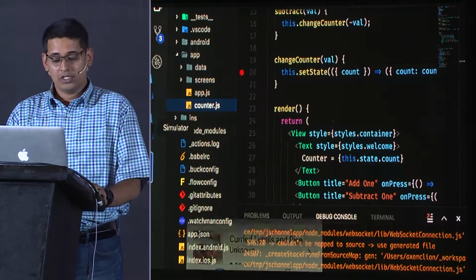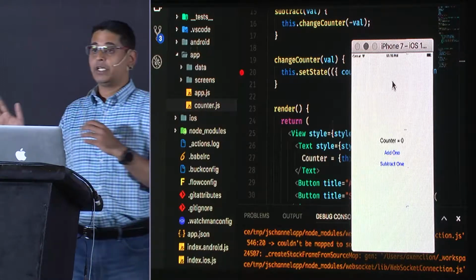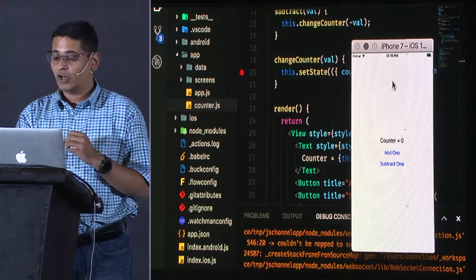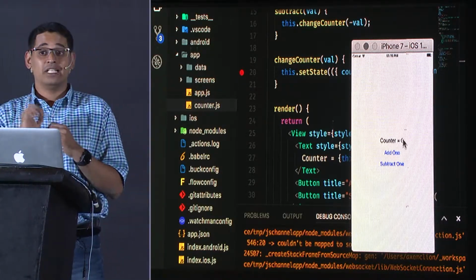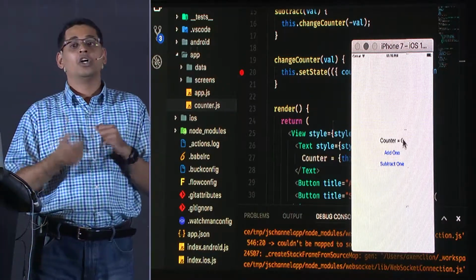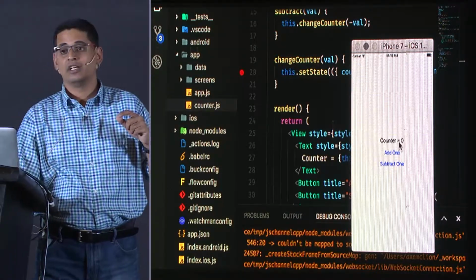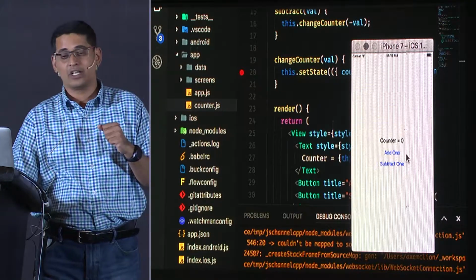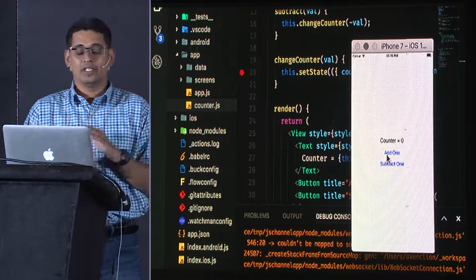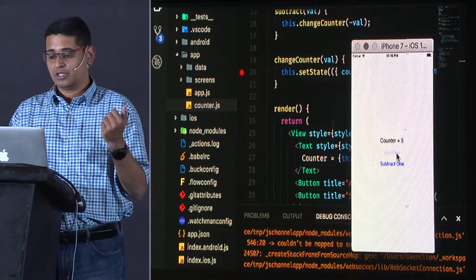Now, by default, let me minimize this. I've already also taken the liberty to run it because I didn't want my demo to fail yet. So here's how the application looks. And all of these buttons and screens that you see are actually native screens. In fact, if you were to open up Android Studio and open up the UI manager, you would be able to see the hierarchy of all of these as native elements. This basically is your com.android.text area. This basically is your Android button, and so on and so forth. On iOS, it's the UIButton and UIText and all of that. The app itself is super simple. I'm trying to learn to count, so that's what it does.